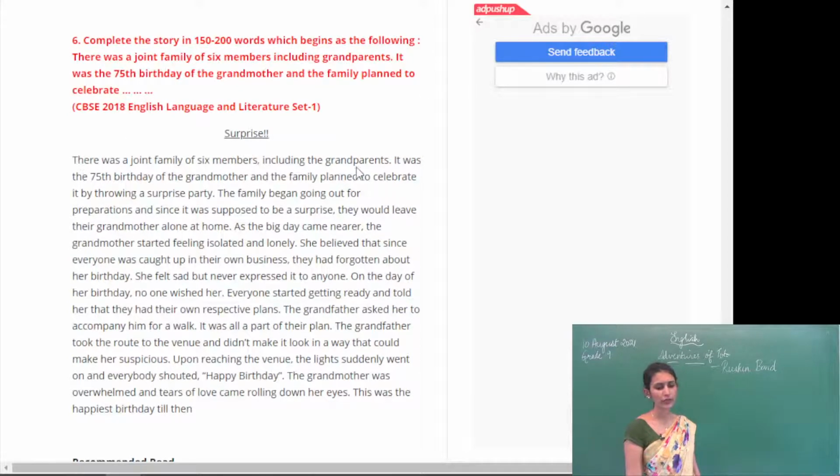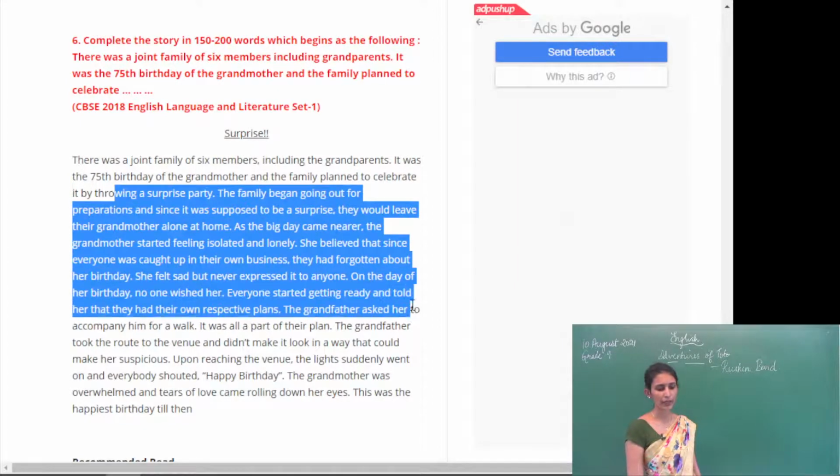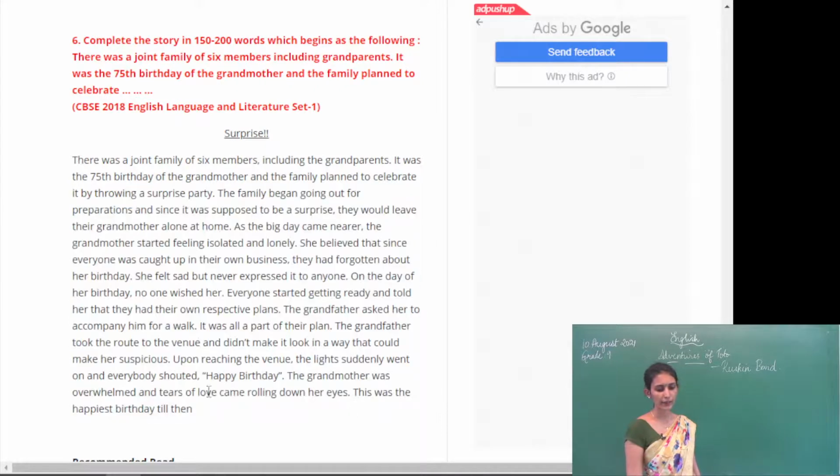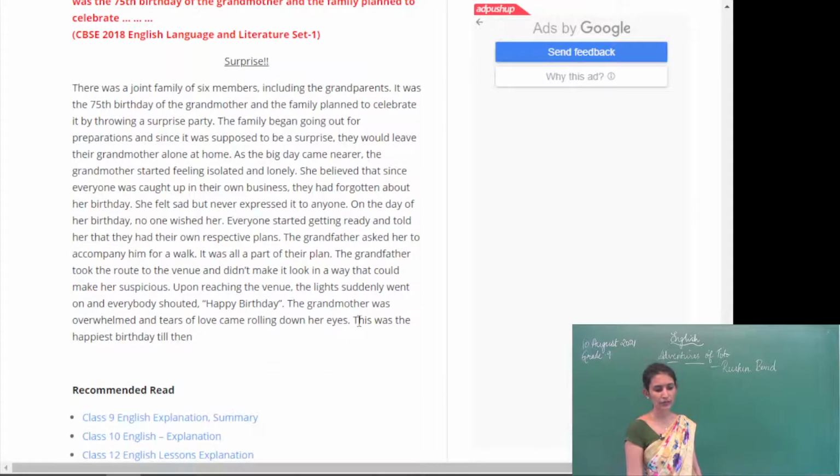Now you have to continue. Celebrate how? By throwing a surprise party. All this you should say, happy birthday. The grandmother was overwhelmed and tears of love came rolling down her eyes. This was the happiest birthday till then. So this is how you will have to write the